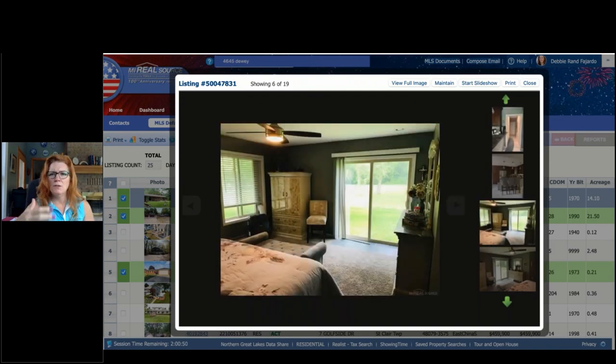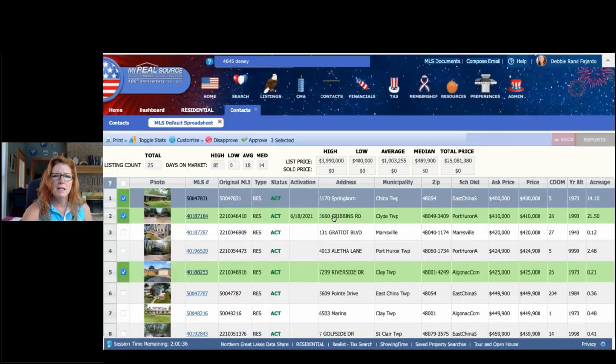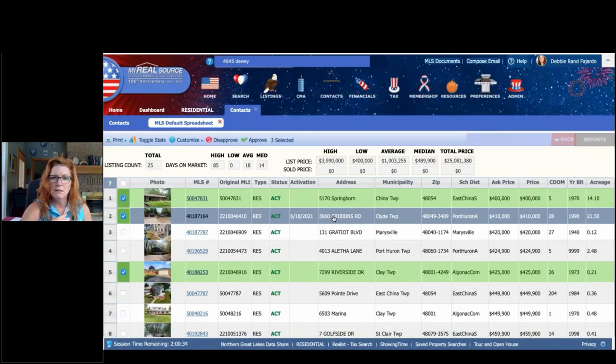Because I have seen agents do this the long way. They run a search every day. And then if they see something new and it fits the criteria and they think they'll like it, they're going to send it. Why do that? I'm going to let the system work for me. It's going to let me know. It's going to send me an email. Hey, your